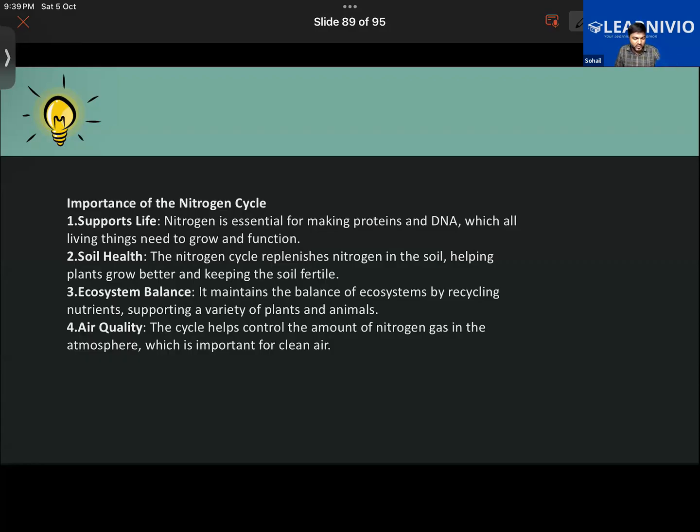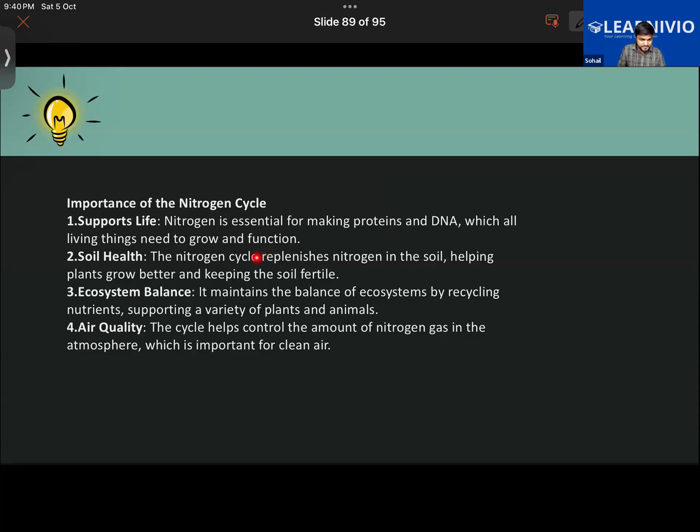We know that all living organisms are made up of protein basically. If you look at the skin, the muscles, and the bones, a major component present in our different cells and tissues is protein and DNA as well. And to make protein and DNA, nitrogen is essential. Thereby it becomes important to maintain the health of the soil. Nitrogen is one of the important nutrients out of the 16 essential nutrients for the plant.